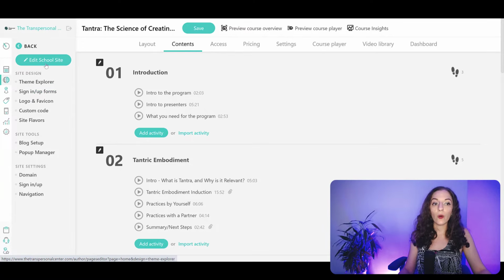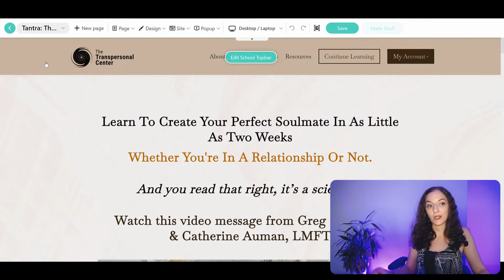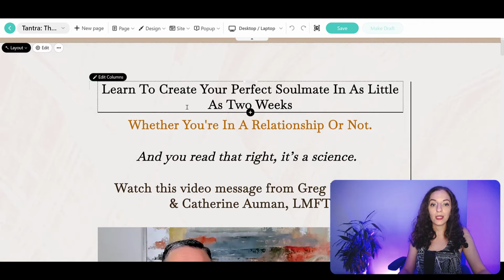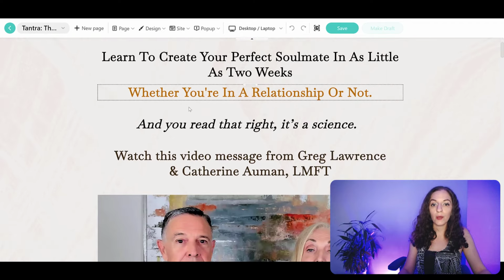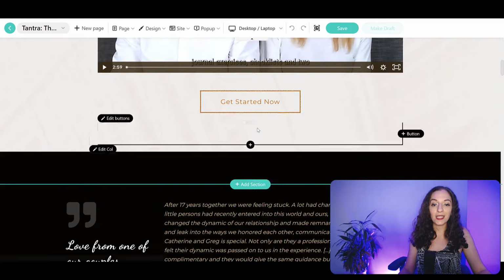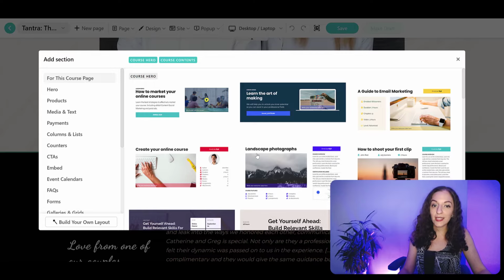And then when you're going into editing each specific page, it looks a little bit something like this. So I'm on one of their course landing pages right now, but you can see here that the course builder is very much a modular course builder. So it makes it easy to just come in here, add a section, and what's cool is that they have pre-built sections that they've pulled from what works best for conversions and what instructors like to use most.